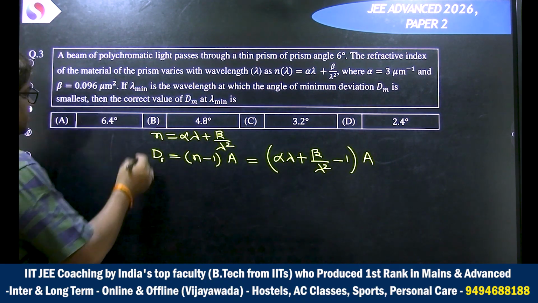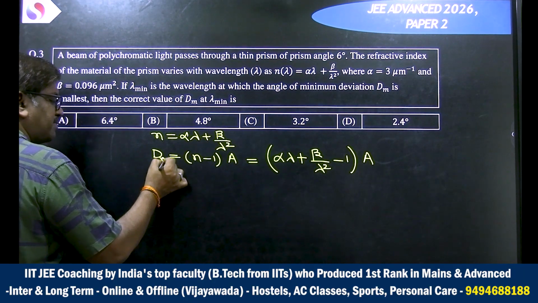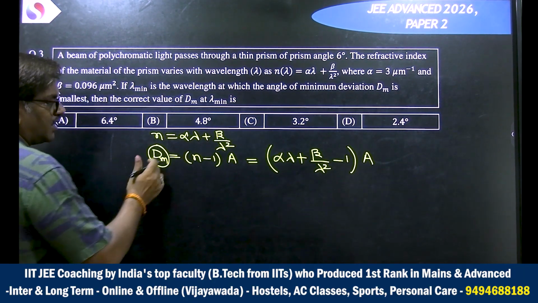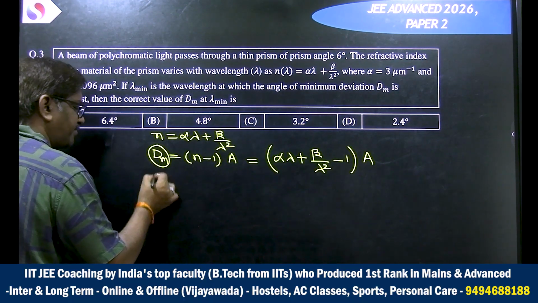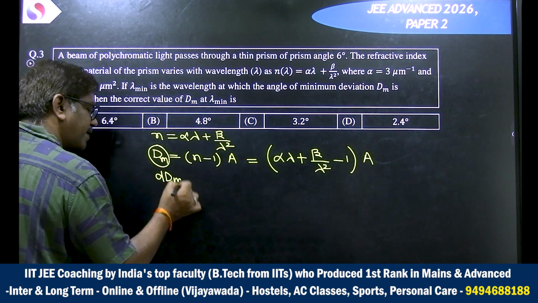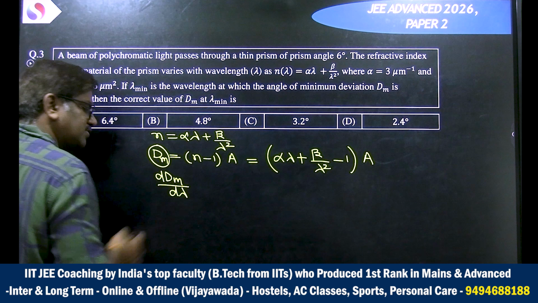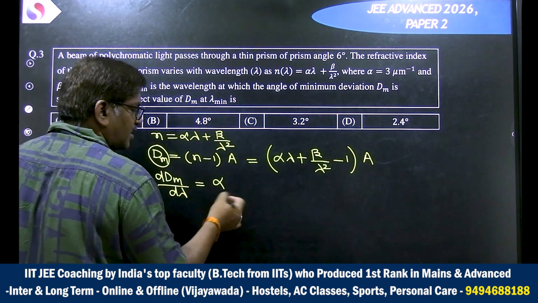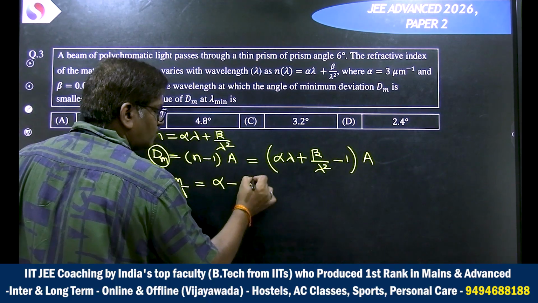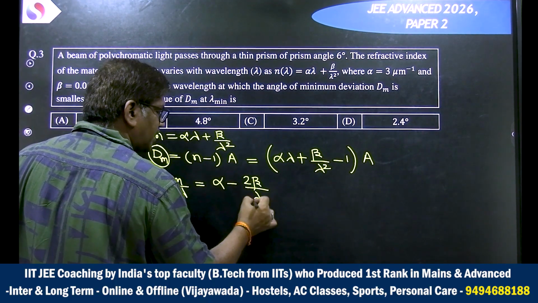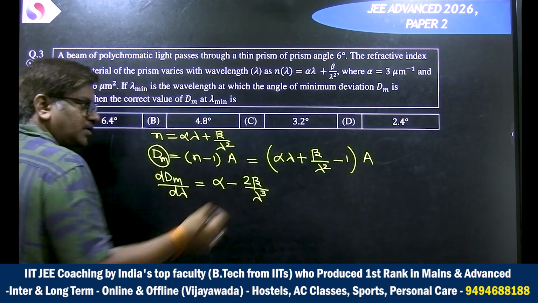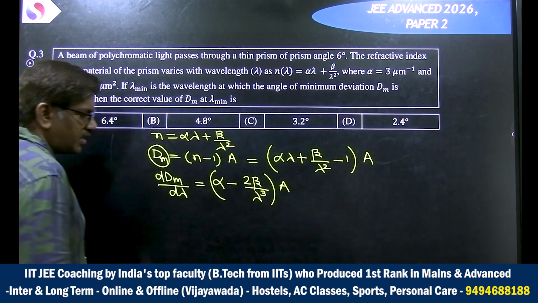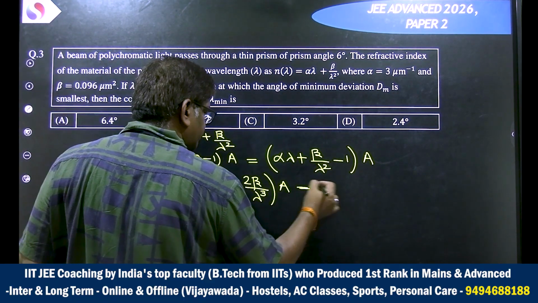smallest. So this is the deviation formula which I have to make smallest, which means I have to search for the minima. At what lambda will this minima happen? That means d delta by d lambda, because lambda is variable here. If I do that, what will it give me? It is giving me alpha minus 2 beta by lambda cube into A. The third term will be 0 because it is a constant, and